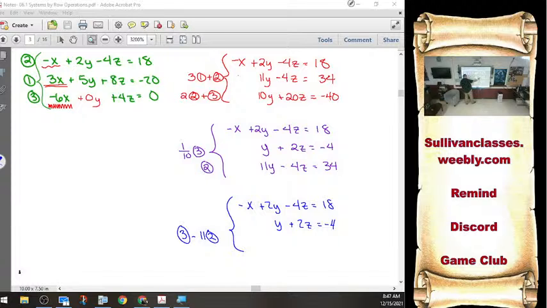Take this times a -11 and add it, it's gone. Take this times a -11 is -22z, add it. Take this times a -11,